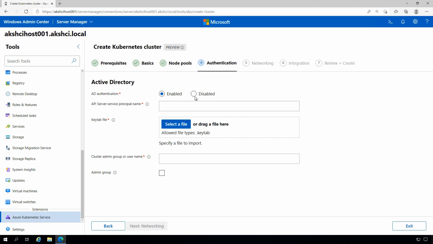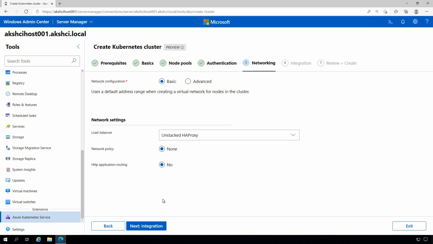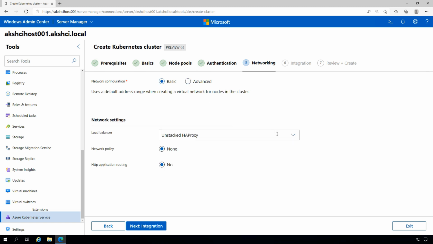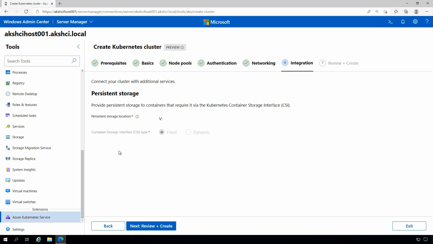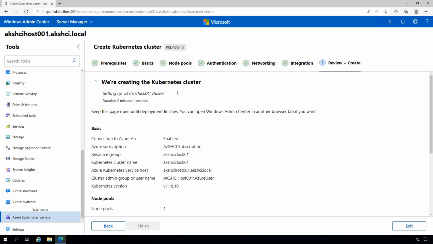We can integrate with Active Directory, which is again a powerful feature for enterprises especially. From a networking standpoint, I've got some configuration options. We'll be adding more as we go forward throughout the preview process. But right now I'm going to leave things as basic configuration and my proxy as is with the HA proxy. And then finally, where's my persistent storage? Well, I'm going to use the V drive we defined earlier. This is going to use that persistent storage to store and integrate with our workloads.